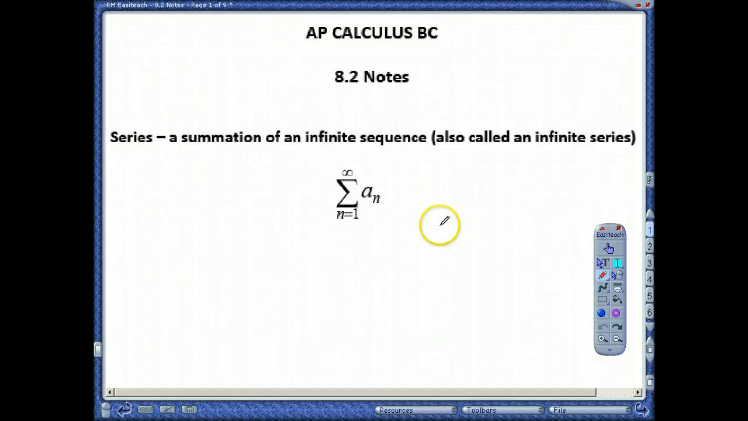Okay, welcome to section 8.2. We're going to dive a little bit more into sequences and series. We already know what a sequence is. Well, now we're going to look at the series part of it, and we are going to be looking at